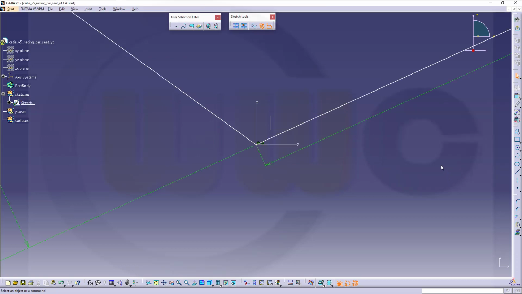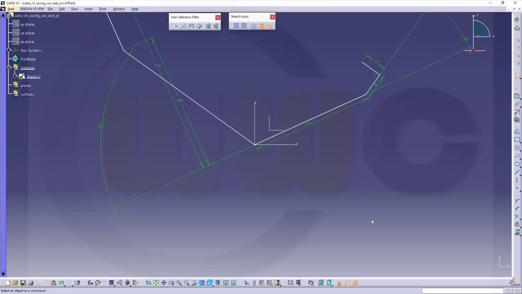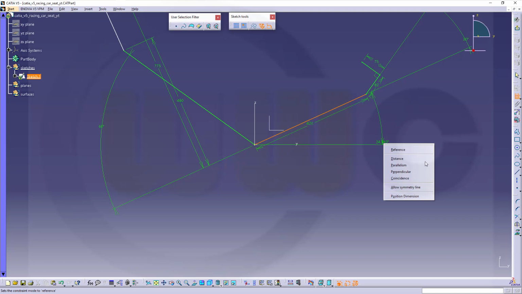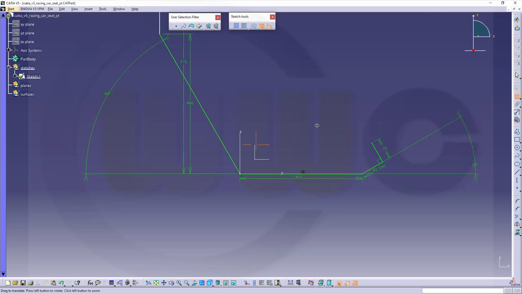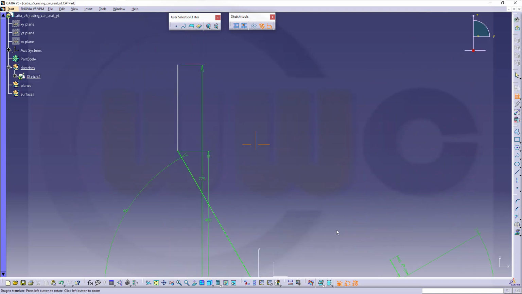Okay, yeah, that's okay. I just need to align these. So this line should be coincident with, no, sorry, with that axis. Okay, like this. Okay,